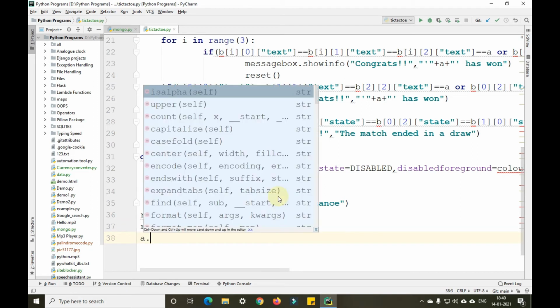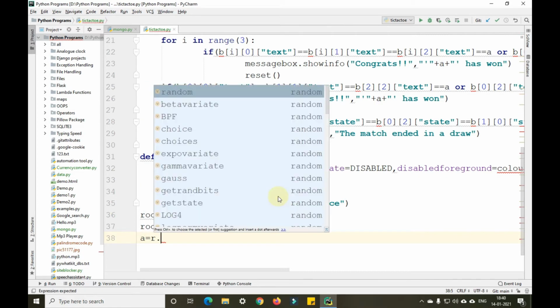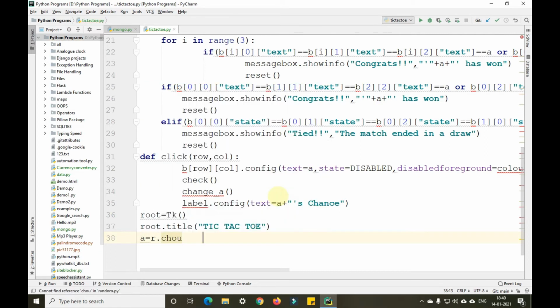Then a equals to r dot choice. So we are giving only two choices for the user, either an X or an O here.